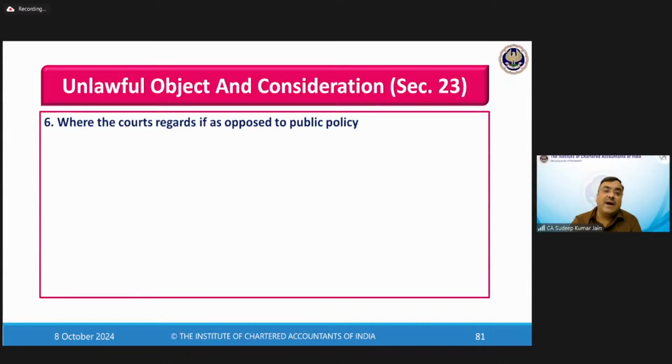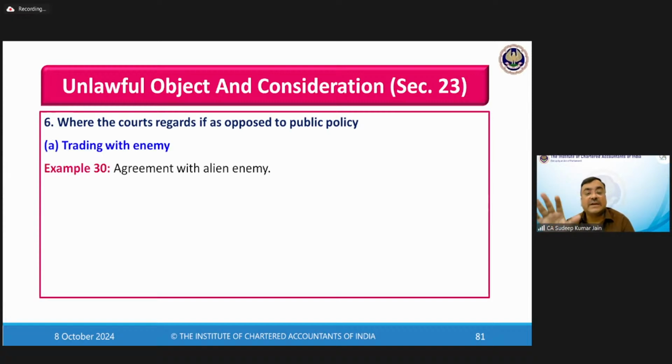When the court regards it as opposed to public policy, if the court says that the contract is against the public, it is harmful for the public, it is void. So these are the cases I am discussing before you, the cases in which a contract is considered opposed to public